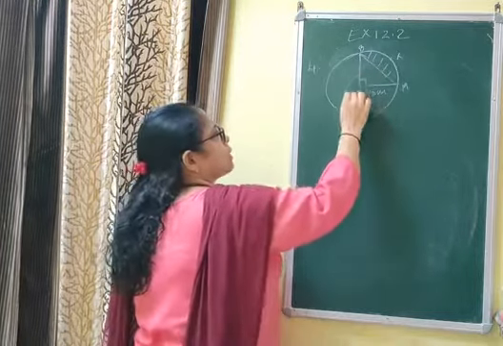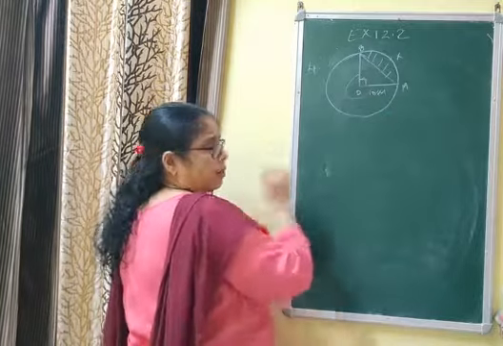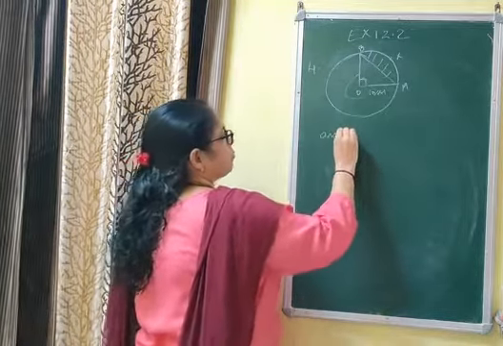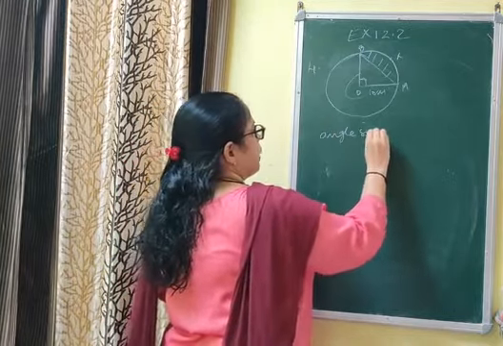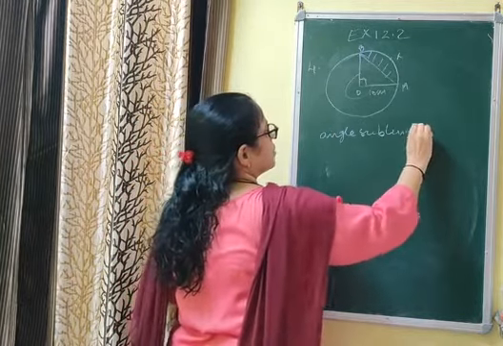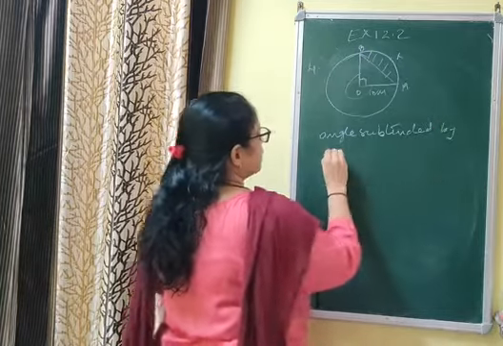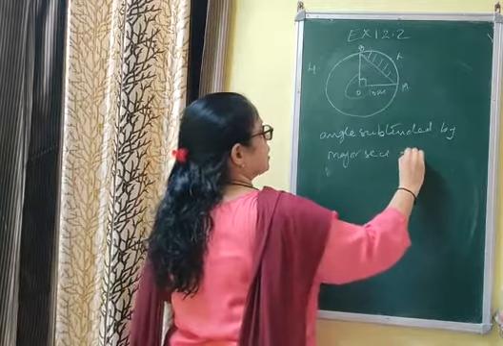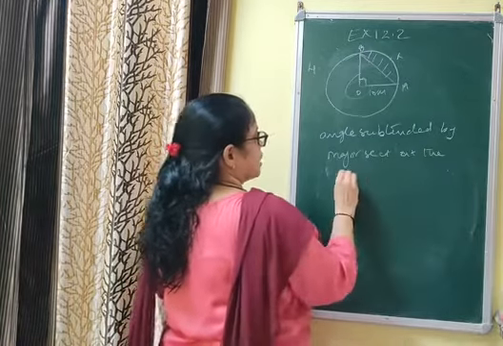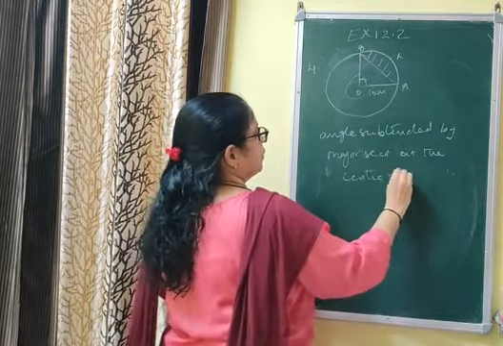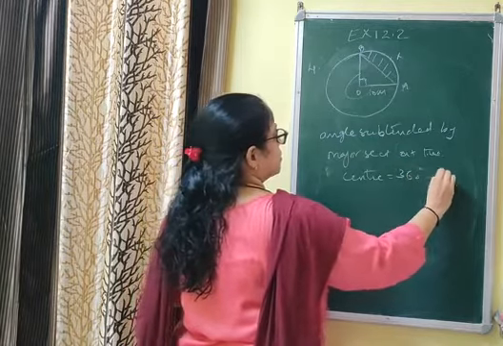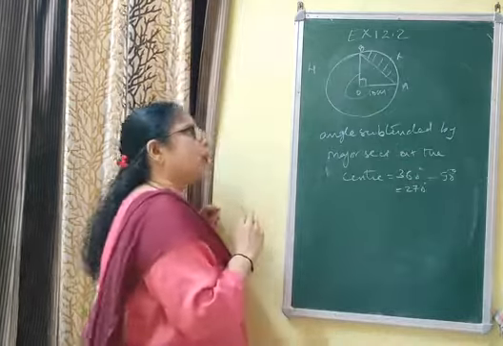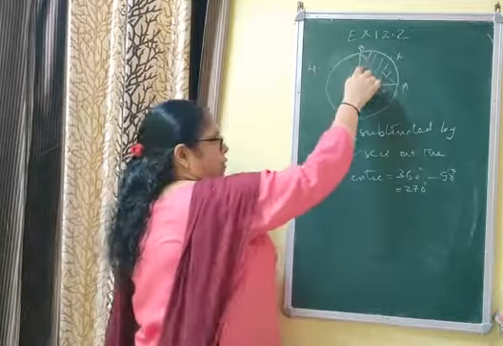What will be the angle of the major sector? Just by subtracting 90 from 360. It is the angle subtended by the major sector at the center of the circle, which is equal to total angle 360 minus angle of minor, that is 270 degree. You can use also the formula area of circle में से area of sector को minus कर सकते